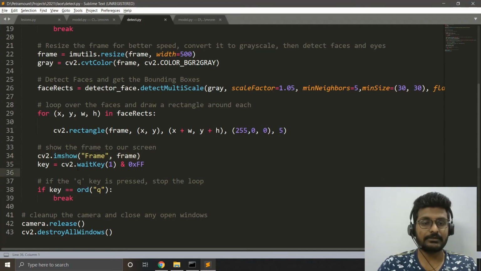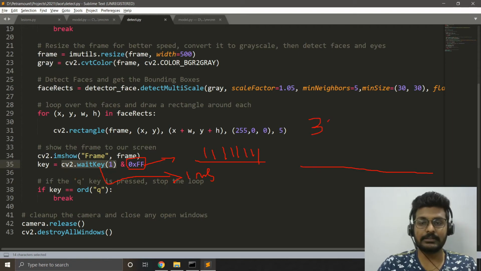Then I'm going to use the command cv2.waitKey(1). Each window will wait for 1 millisecond, and this has a special attribute for detecting key presses from our keyboard. The 0xFF is an 8-bit value, which is eight ones altogether: 1 1 1 1 1 1 1 1. Whenever I press a button, let's say Q, I'm going to get a response. The ASCII value of the button Q comes in 32-bit format, so all I want is the last 8 bits so that I can say whether I pressed the button Q or not.